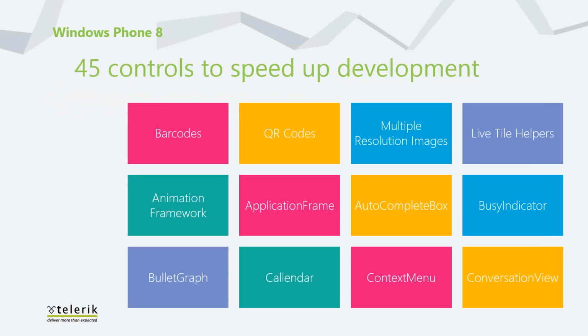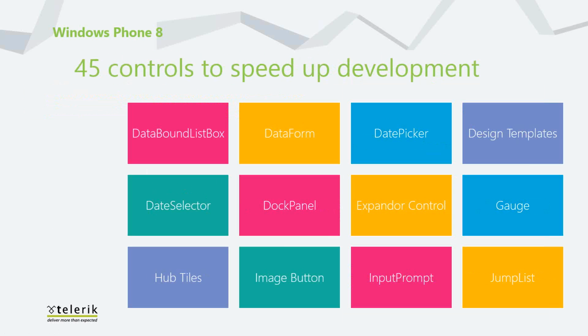Since Windows Phone 8 is going to come in different kinds of devices, in other words Lumia will be of different types, and each device will have a different resolution. So just set one image, and this control will help you render the image according to the device size. Lifestyle helpers, which indicator. Then you have the data bound list box. This is very important, which I wanted to show you. That is data bound list box performance: if you are creating a huge database application in which you need to show 1,000, 2,000 items, and you want better performance in fetching and displaying those data, then the data bound list box is your solution. Data form, date picker,